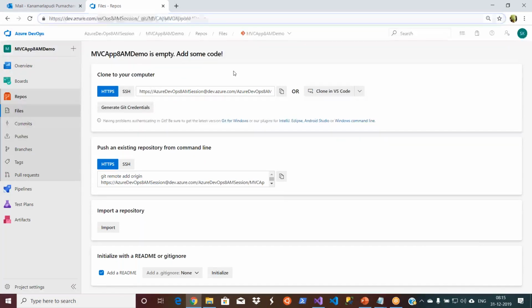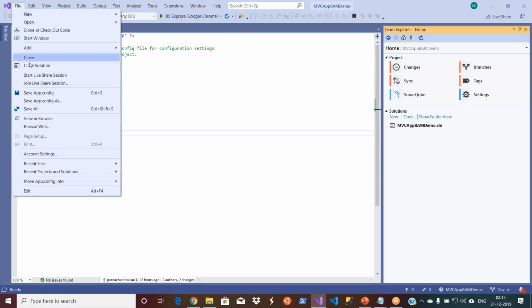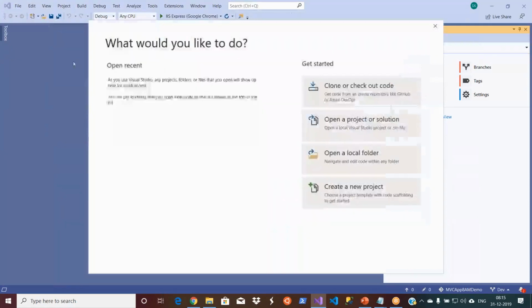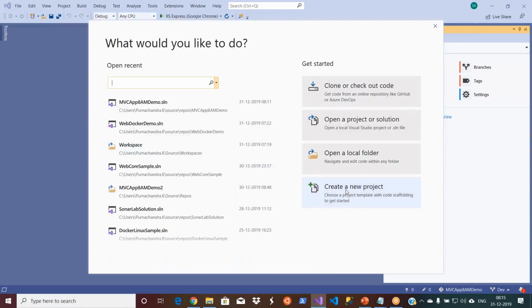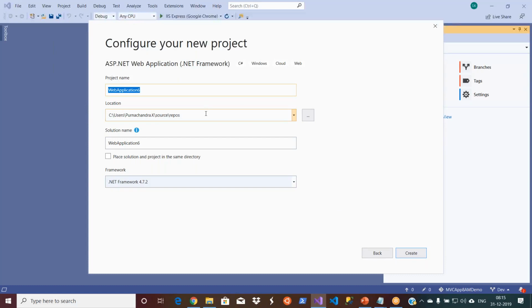So what I'm going to do, let's go ahead and create another solution. Okay, so close solution, and then create another solution. I'll take this ASP.NET MVC only, and this is C#, and then next. My local repository path is my user ID /source/repos, and let's give some name. I'll give today's name, probably December 30. I will be using this one moving forward.